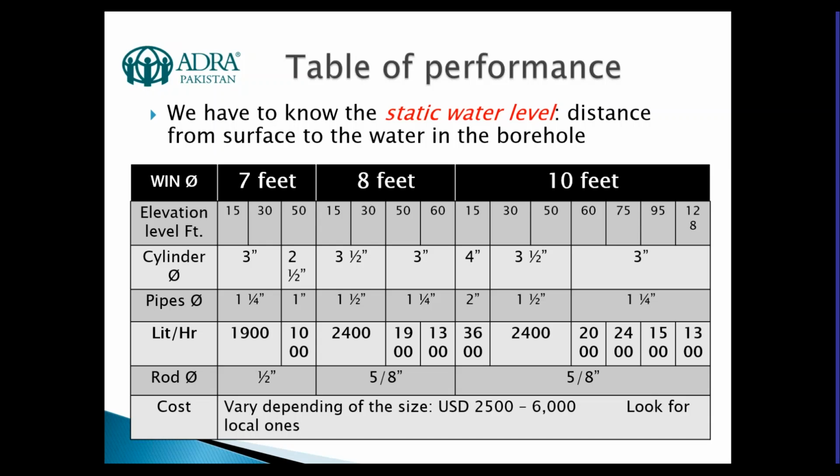And also we will see during the presentation that the minimum requirement to move the propeller is 15 kilometers per hour. The wind should have a speed of 15 kilometers per hour. Less than that will not be able to move the propellers, and then the rod will not go up and down. But our experience is we're getting 2,400 liters per hour as an average. It's enough water for doing a lot of things.